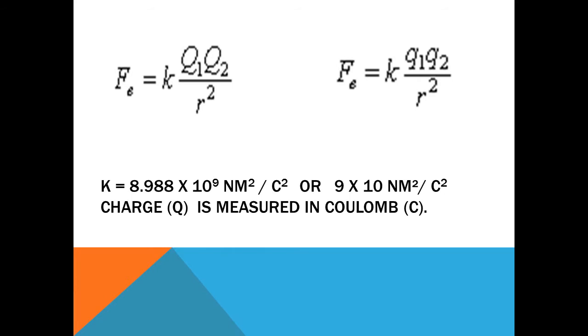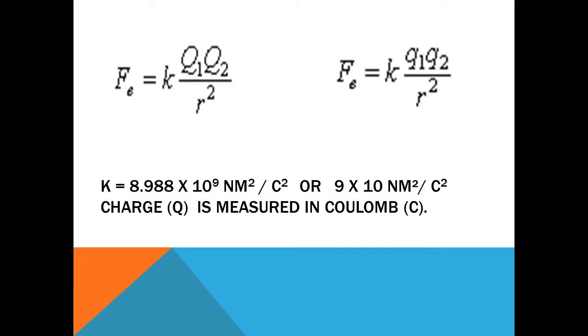The Coulomb's law formula is given by Fe equals k times Q1 Q2 divided by r squared. These two formulas are the same, only that the first formula uses capital Q1 Q2, and the second formula uses lowercase q1 q2, where k here is what we call the Coulomb constant, which is equal to 8.988